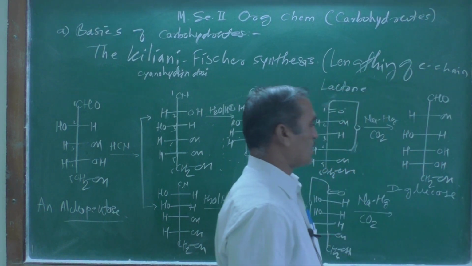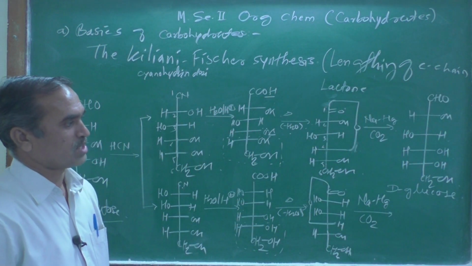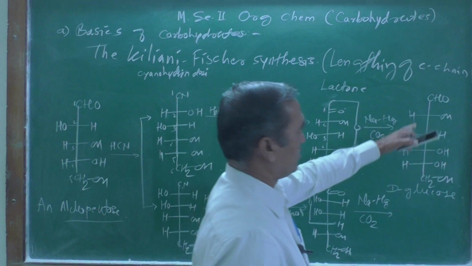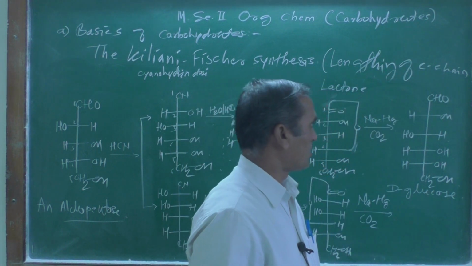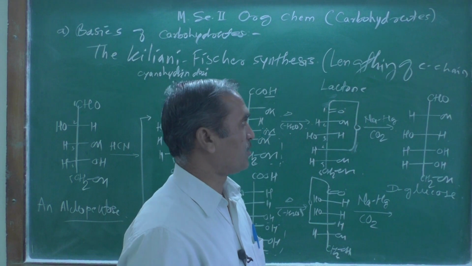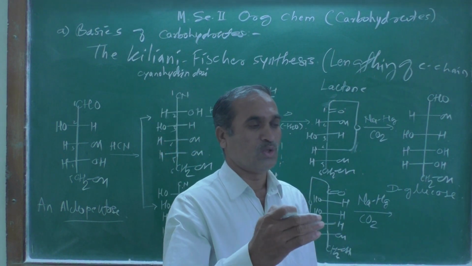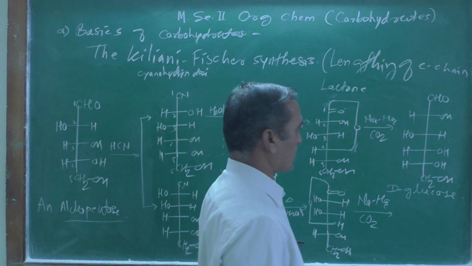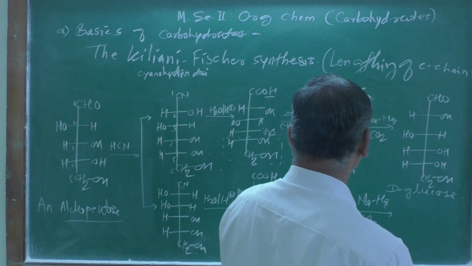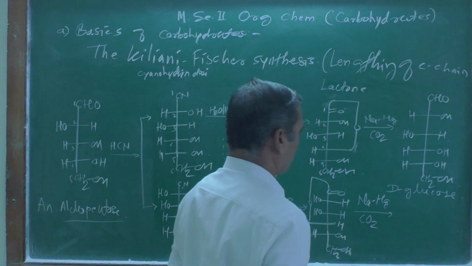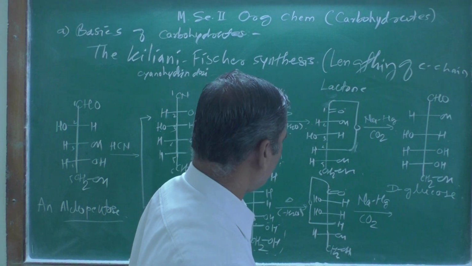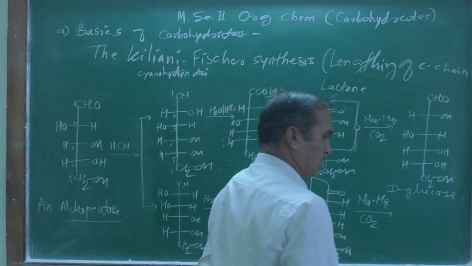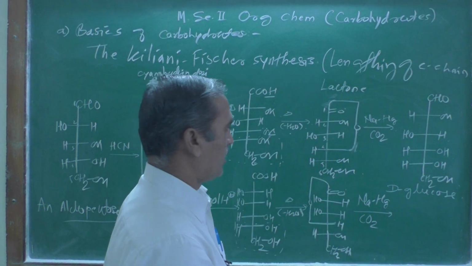Remember, this is D-glucose, and this is a common name, and the IUPAC name, we know that there are 6 carbon atoms there, and aldehyde groups are there, and therefore we can call it an aldohexose here. And now here, if you remember, the lactone ring is on the left hand side.